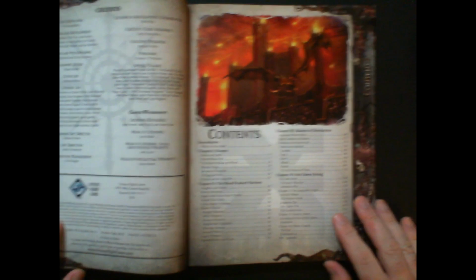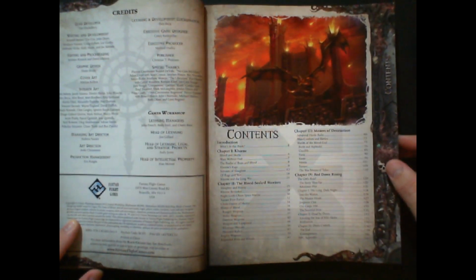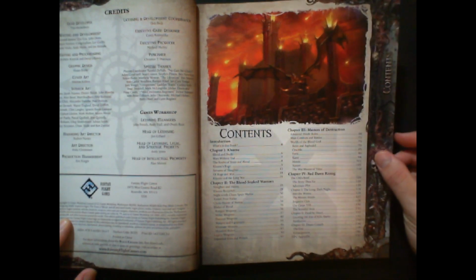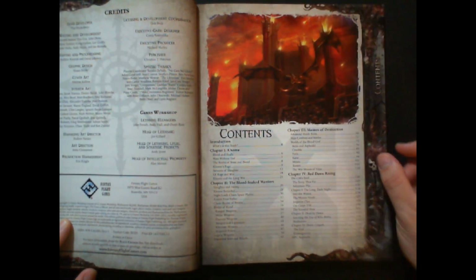So for a long time, I was always wanting to play RPGs. I'd see the D&D books at the little bookstore that I grew up going to, and I didn't get to play it. I didn't get to buy it. Eventually I bought it,